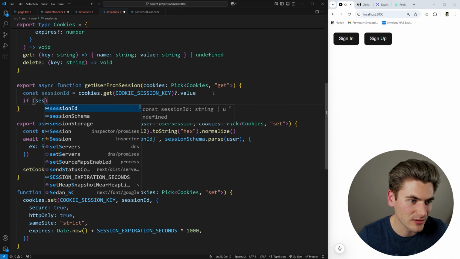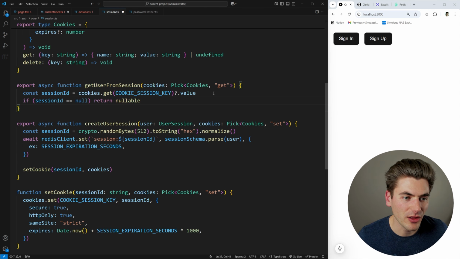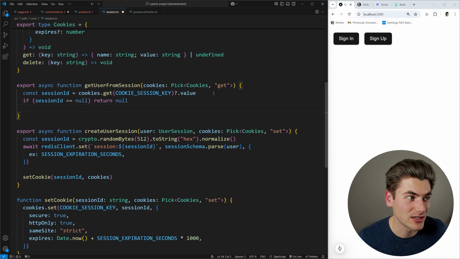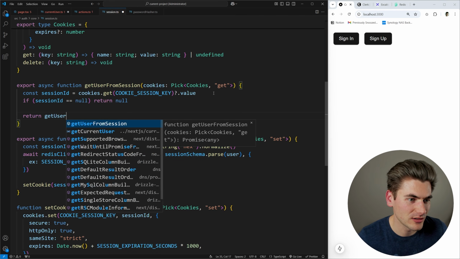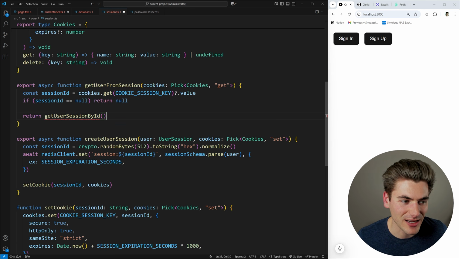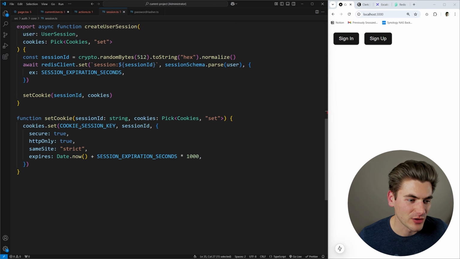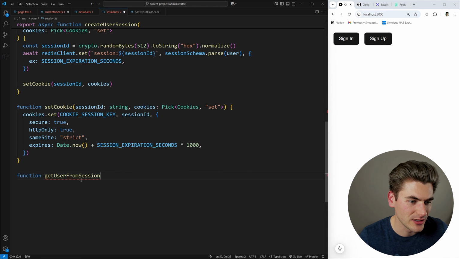So if our session ID is equal to null, then we just return null. Otherwise, if we have an actual session, that means we have a user and we want to get that user. So I'm going to create a function called getUserSessionById, and we can create that function inside of here. And I don't even need this to be an asynchronous function, because all of our asynchronous code is going to go inside of here. So we're going to create that function getUserFromSession, just like that, and it's going to be